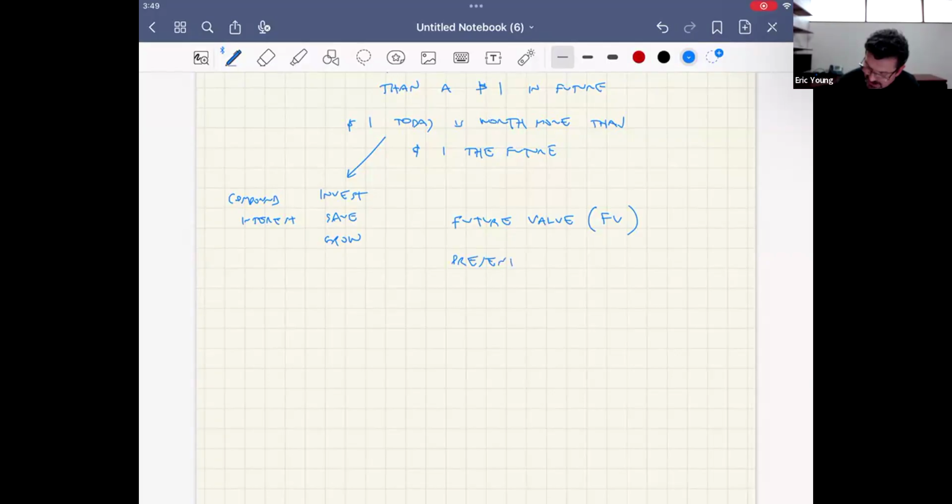The second big idea is the present value of money, what we call the PV. And the present value of money is seen in a couple different ways. The simplest way, the present value of money is what you actually have right now. Like if you have cash in hand right now, that's in the present, that's the present value. So that's pretty simple.